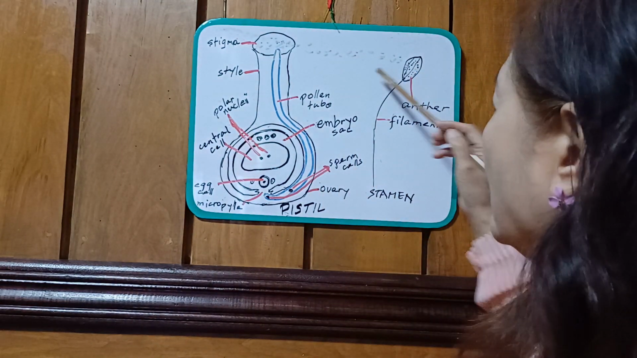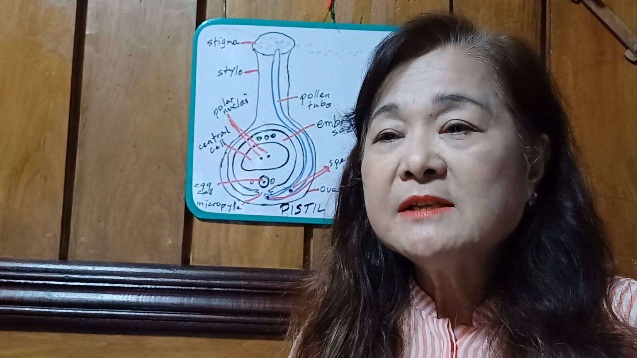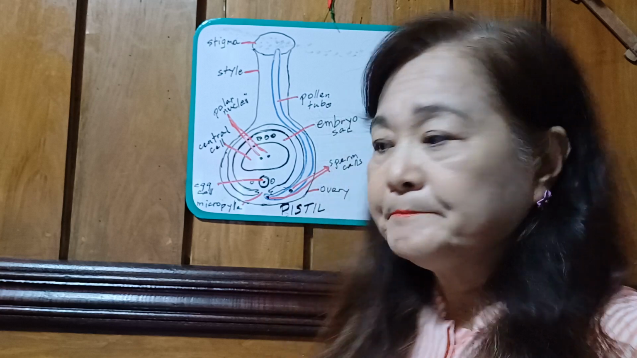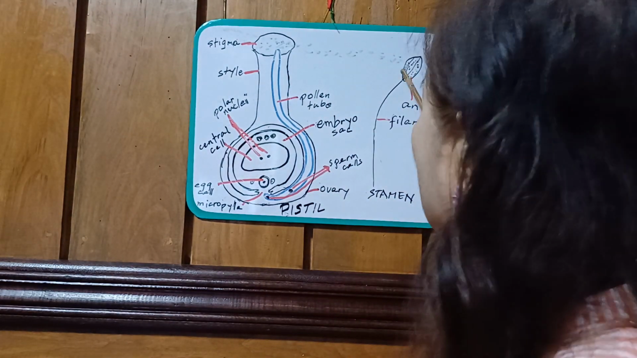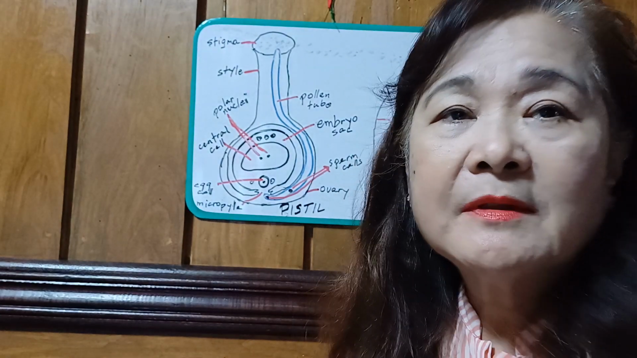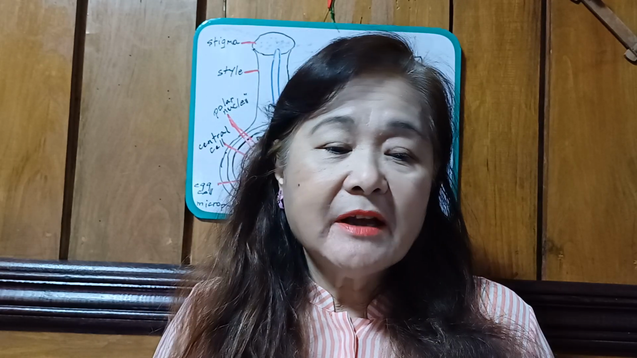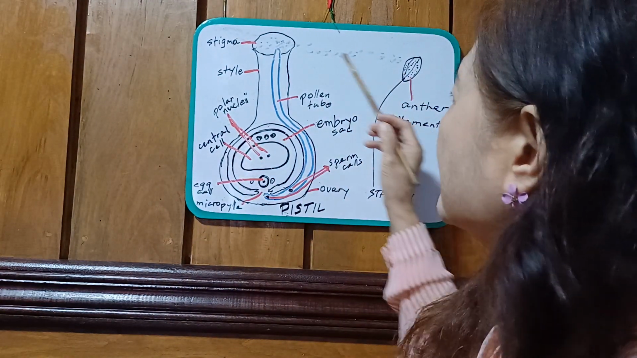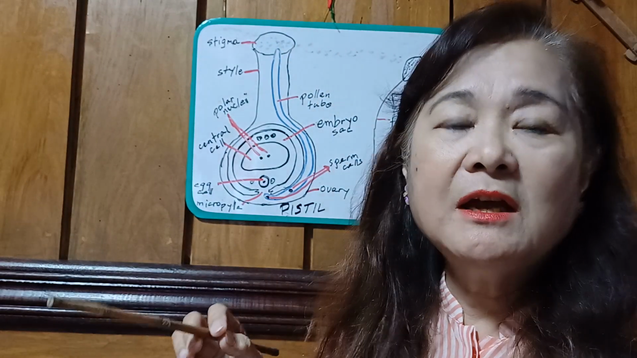Okay, now let's follow the process of fertilization in plants. Once pollen grains are carried to the stigma, it could be by the wind, or by pollinators like insects, bats, and birds. And if we speak of insects, they could be butterflies, moths, flies, bees, or even beetles. Okay, so once pollen grains are transferred to the stigma,